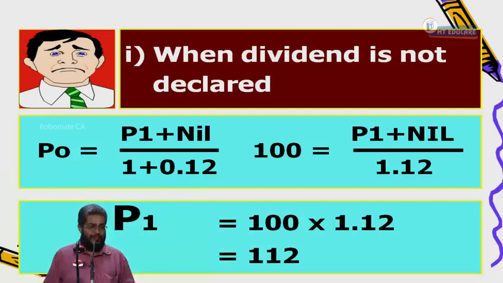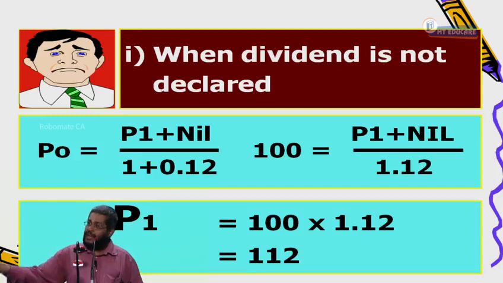Now, very simply, how to understand this: today the share is selling at how many rupees? 100 rupees. How much return do I require? 12% return. Now, no dividend. I want to keep the share for 1 year. It's a single holding period model. No dividend is given. I have invested 100 rupees and I want a 12% return. The man should earn how much? 12 rupees on that share. That 12 rupees should come only from capital gain. Yes or no? That means I believe that the share will trade after 1 year at what price?